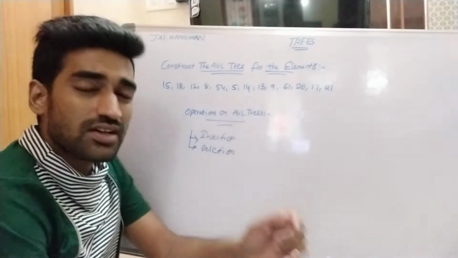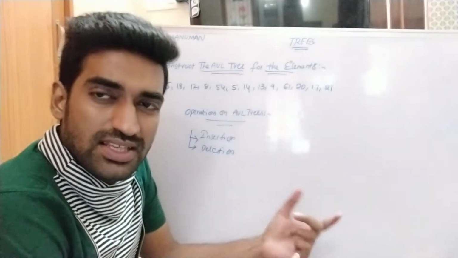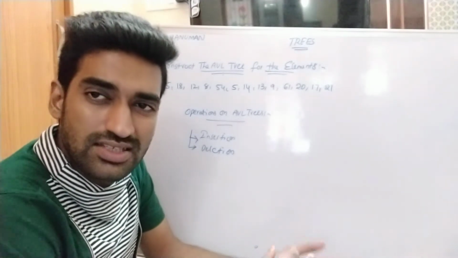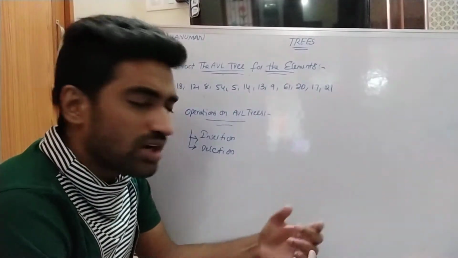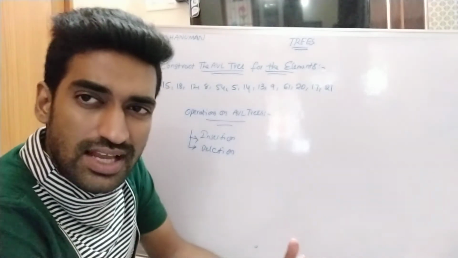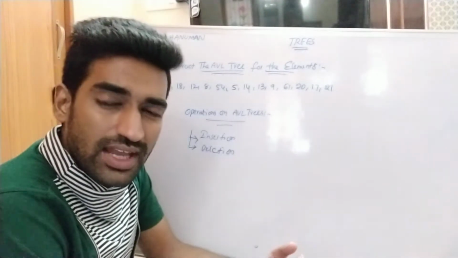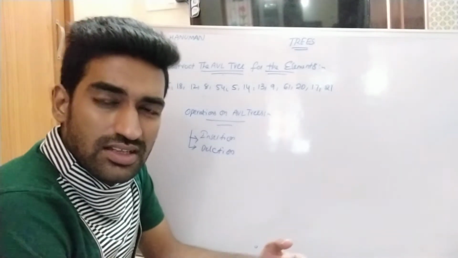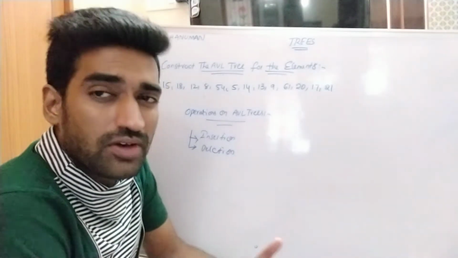So here, what is the main purpose of the insertion operation? To insert a new node or element into a tree. After inserting, it should satisfy the property of an AVL tree. Otherwise, we can adjust the balancing factor of a node with the help of rotations. Similarly, if you want to delete any node from the AVL tree, after deletion the tree also should satisfy the properties of AVL trees. If any node's balancing factor violates the rule of 0, 1, minus 1 values, in such cases those node balancing factors can be adjusted with the help of rotations, right?